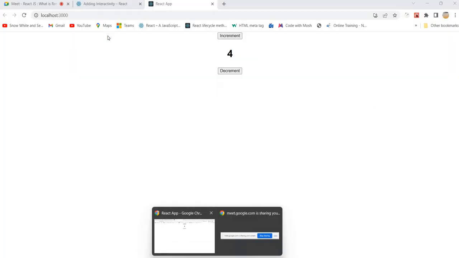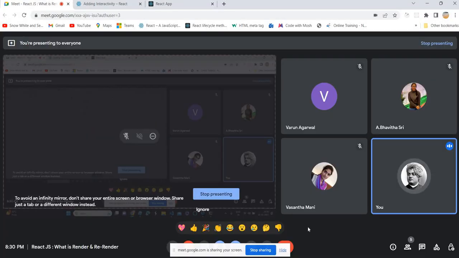So now tell me, are you ready to understand what is render, what is trigger, what is a commit, what is a virtual DOM? Lots of things are there. Just say yes or no. Yeah, Raghu. Bhavita,